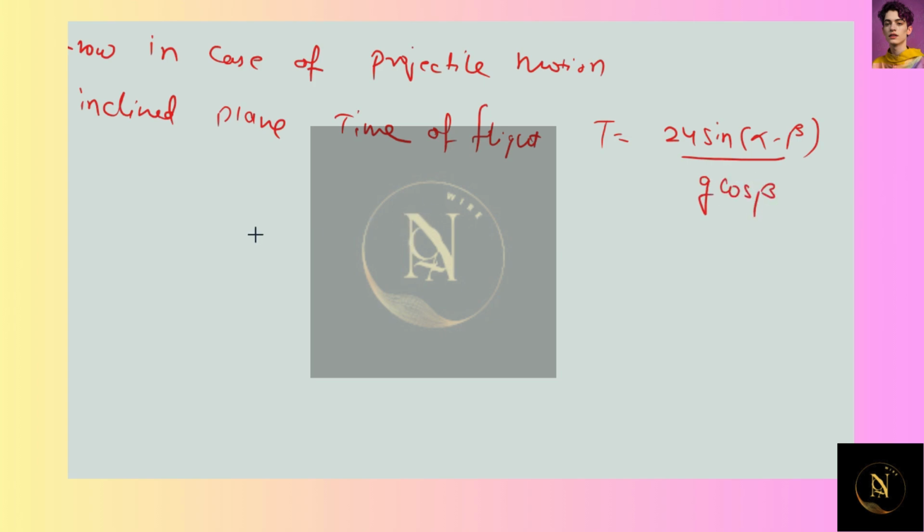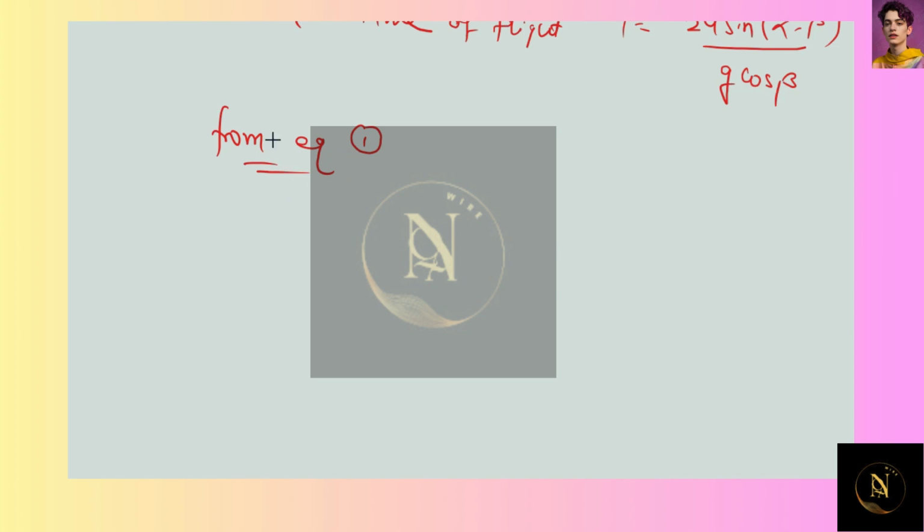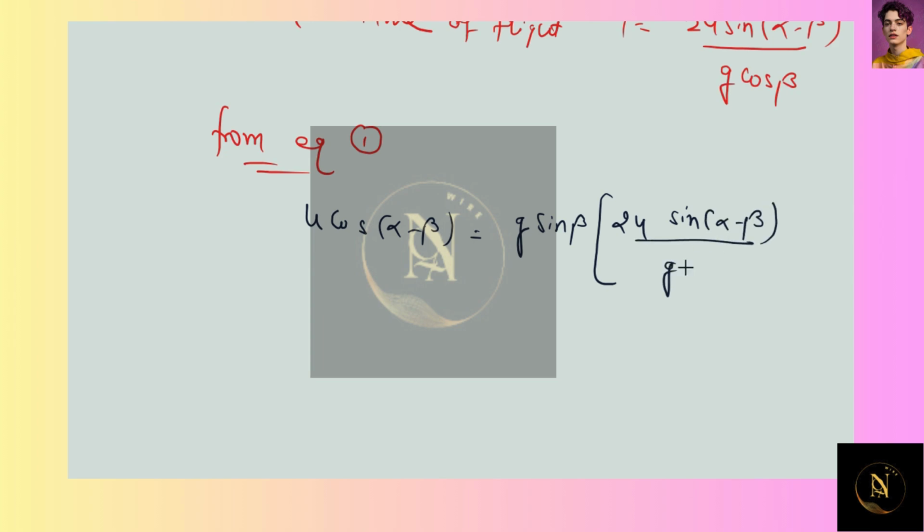So from equation 1, if we put the value of t in equation 1, we get u cos(alpha minus beta) is equal to g sin beta into 2u sin(alpha minus beta) upon g cos beta,